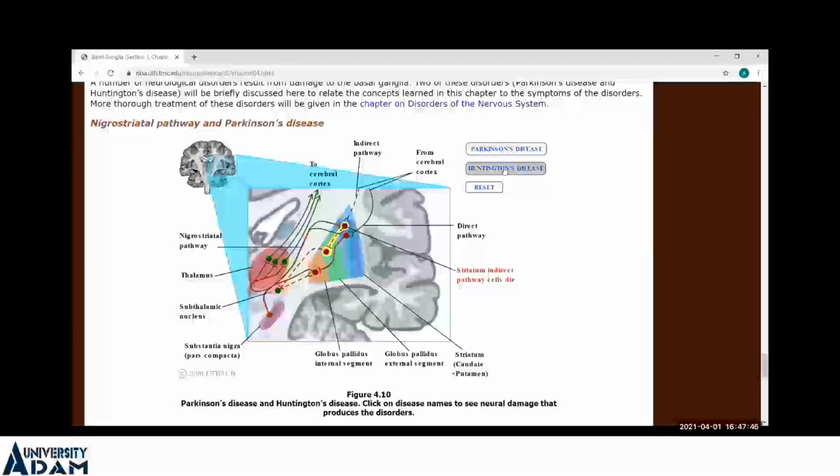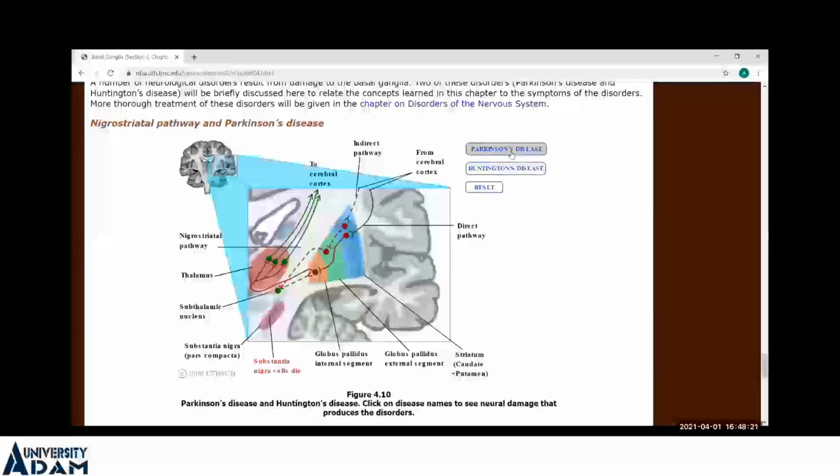but in Huntington disease they're only the, what? Only the inhibitory pathway cells are dying. So that's why, guys, here in Huntington disease, there will be no slowness, okay? There will be only the involuntary shaking, which we call choreatic movements, because Huntington chorea, okay? Chorea is uncontrollable violent movements, okay? And the difference is, guys, that in Parkinson disease, all these